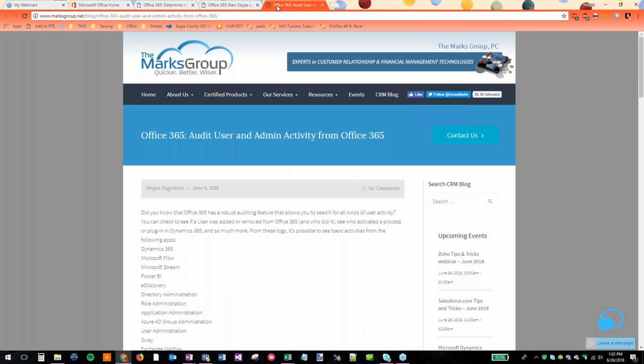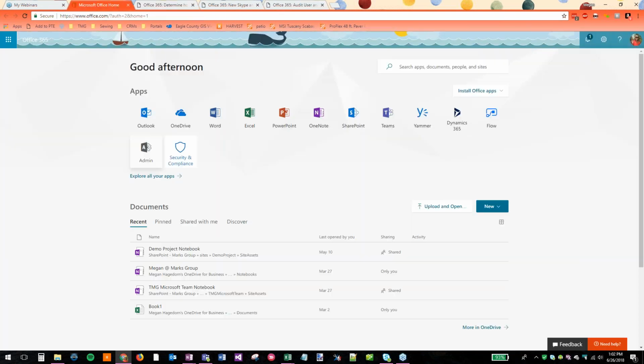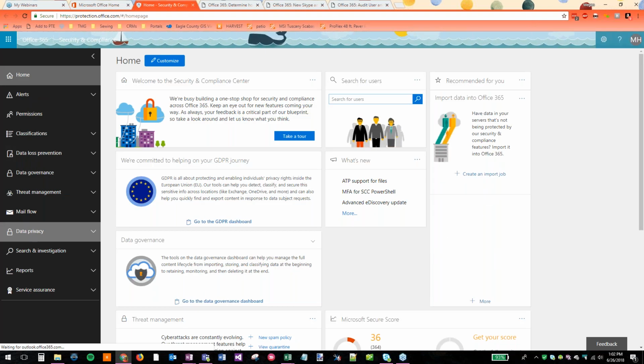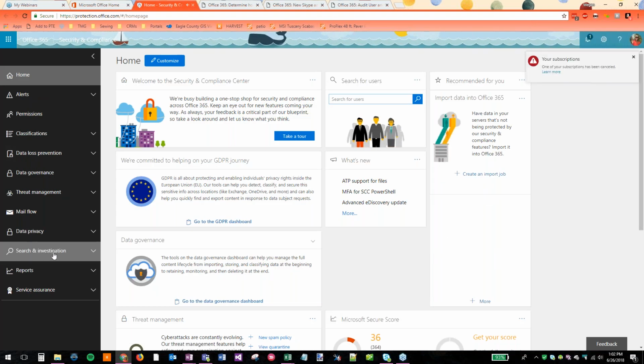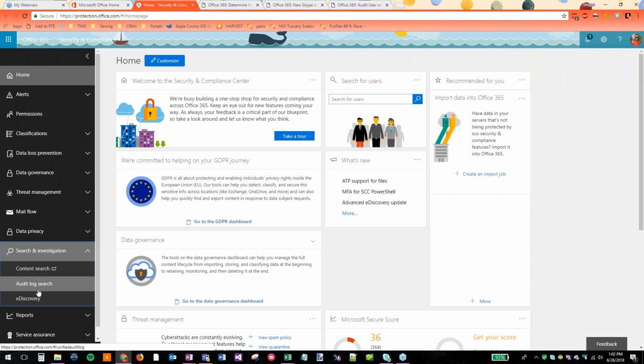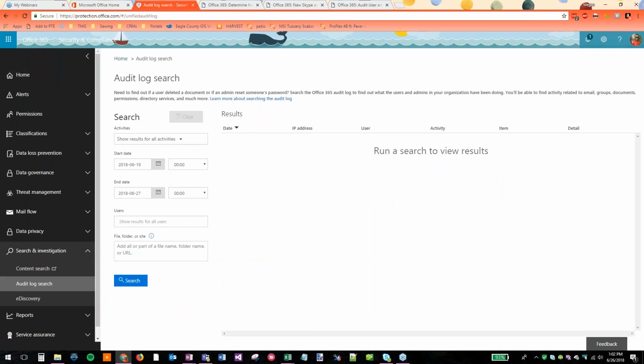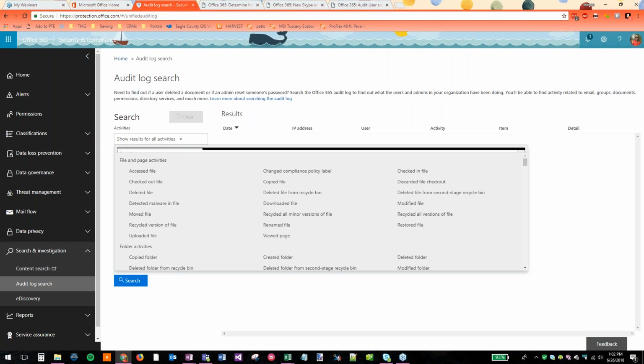All right, so let's get started. First, audit user and admin activity from Office 365. So if we head over to the security and compliance section, this can be found under your apps. And then after that, we're going to head over to search and investigation, and we'll just click the audit log search. There is quite a lot that you can search from here, so I couldn't really go into it fully in the blog post, but